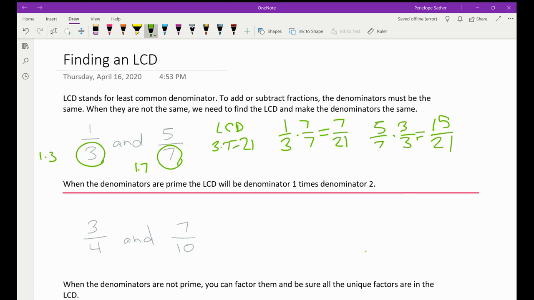And now, whenever we look at these, we have two fractions that have the same denominator. The LCD would be 21. Right, so I'm